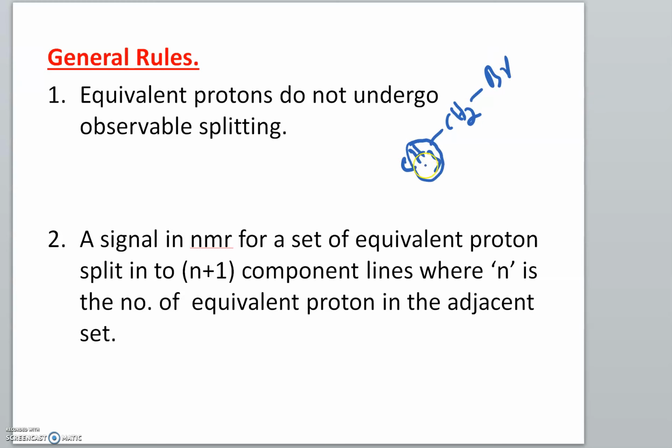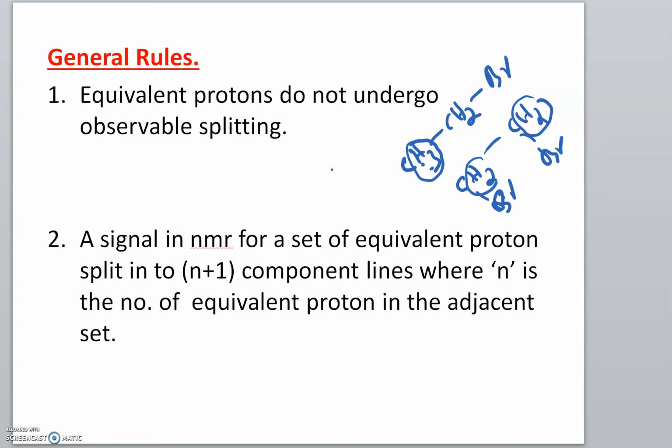That is, splitting of one of these hydrogens cannot be affected by hydrogens of this group. That is, equivalent hydrogens cannot split. Similarly, if we consider this compound CH2Br CH2Br, the splitting of these 2 hydrogens cannot be affected by this CH2, because all these hydrogens are equivalent. So equivalent hydrogens cannot affect. Therefore, we can say hydrogens on the same carbon cannot undergo spin-spin splitting